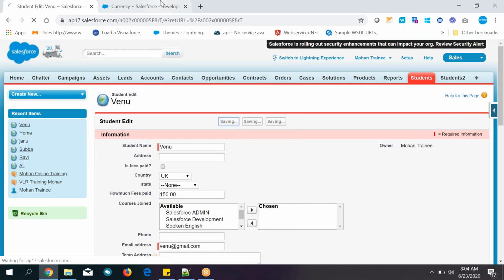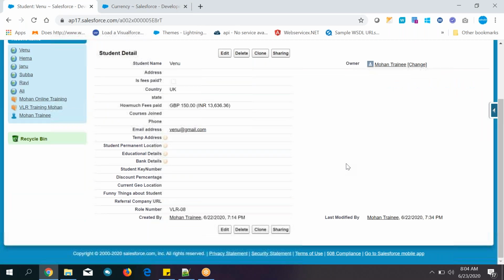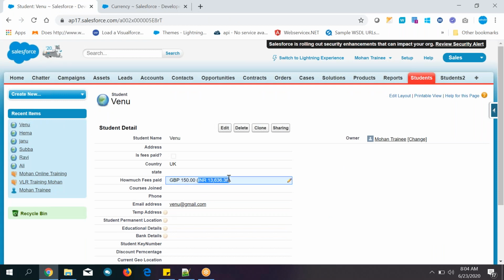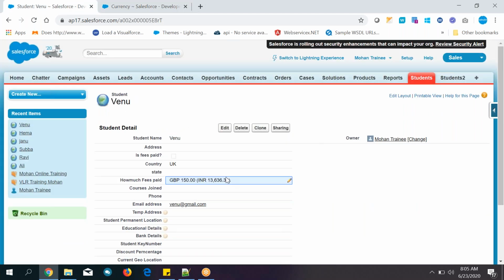So generally, what is the corporate currency? US dollars, right? So what will happen, you know? This will be USD. Remember that point. This will be USD instead of Indian rupees. After some time, if you update it, it will. Right now it is not updated, but generally whatever corporate currency is there, it will be like this only.